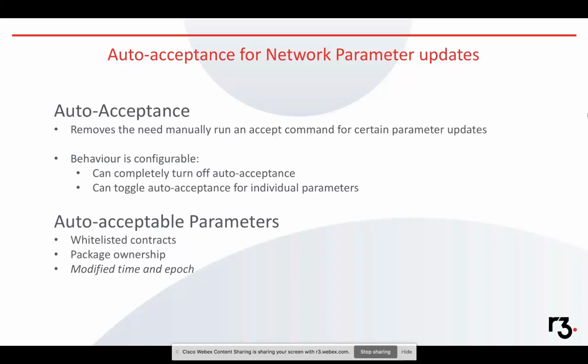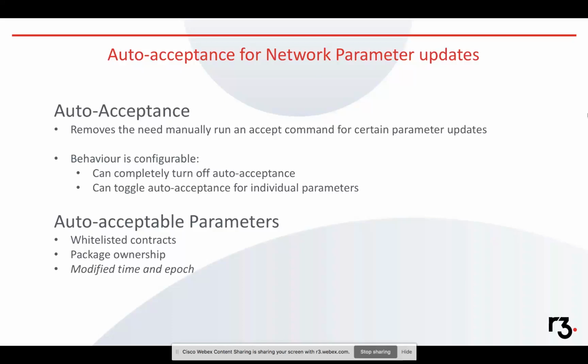This behavior is completely configurable, so you can turn off auto acceptance if you want to inspect every single change. And then you can also toggle individual ones if you want. So if you want to inspect every package ownership change and you don't want any accepted by default, you can just turn off that one. I put modified time and epoch there. So if for some strange reason a parameter change set only included them, then it would be accepted,